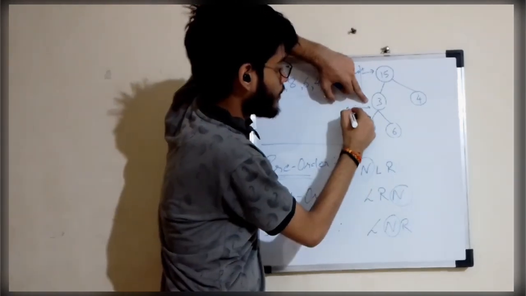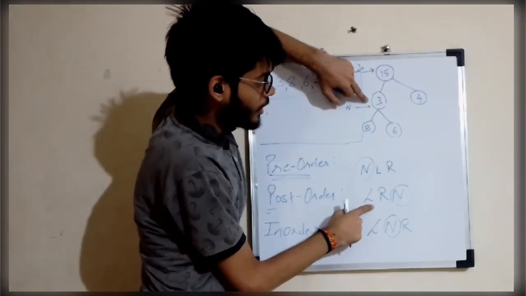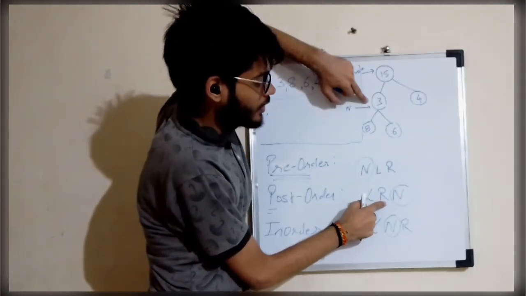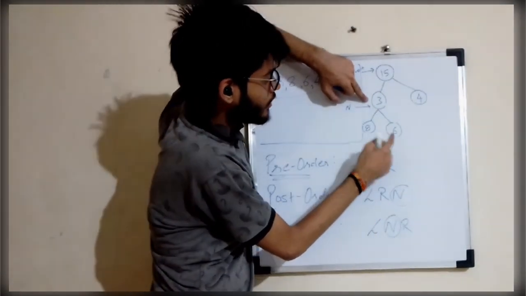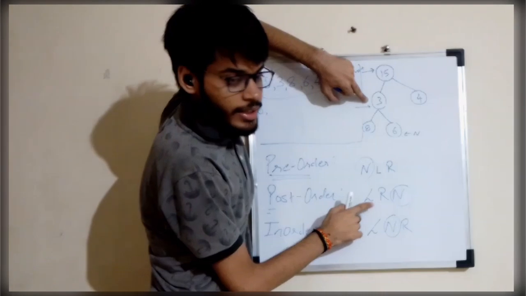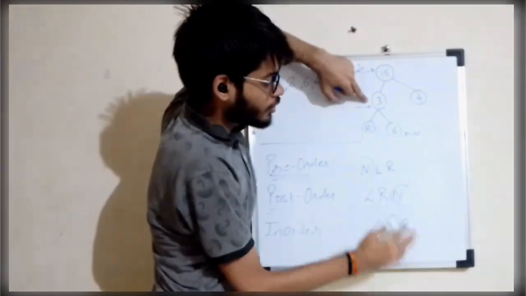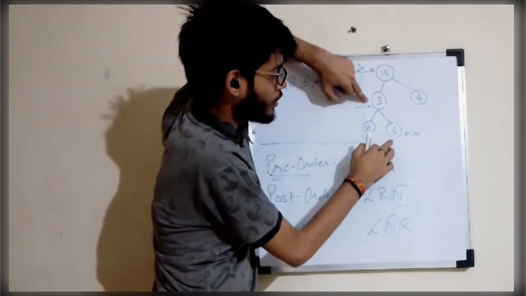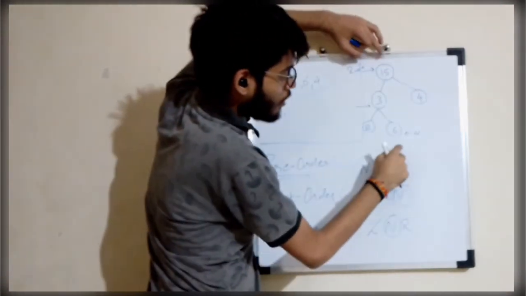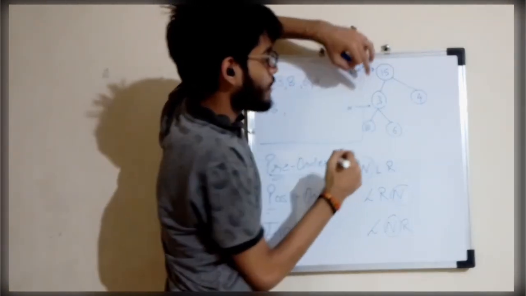Now 3 becomes a node again, and for the 3 we have visited the left, which was this 8. Now we will be visiting the right side of 3, which is 6. Now 6 becomes a node. The left side of this is null, so we won't be printing anything. The right side of 6 is also null. Now print the node, which is 6. So we have written it over here, 8 and 6. Now after visiting the left, right, and node of this, it will again return back to 3. Now 3 again becomes a node.